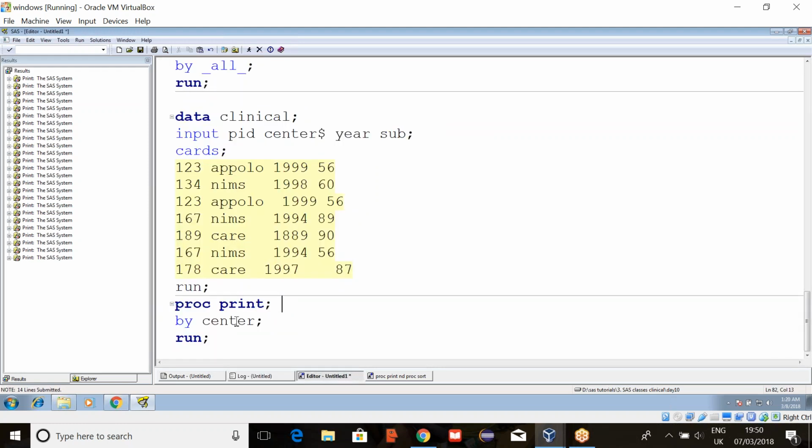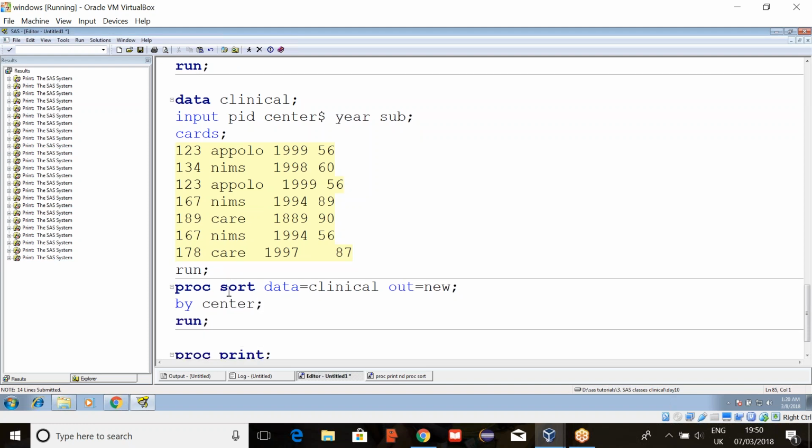So always remember the BY variable should be sorted before using that. So PROC SORT data equals your dataset name, clinical, and out equals new; by center; and then run this.